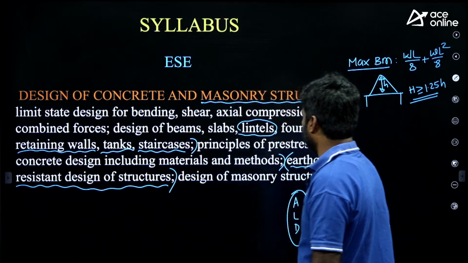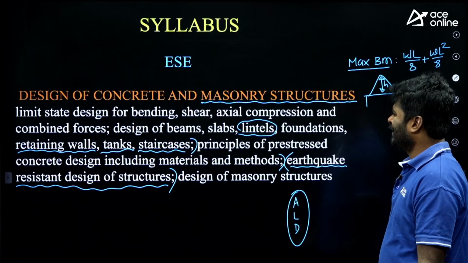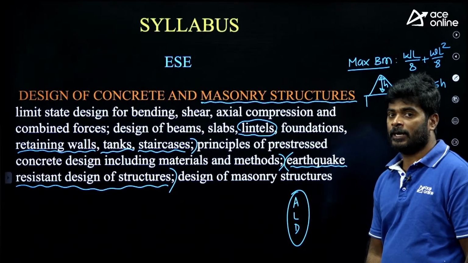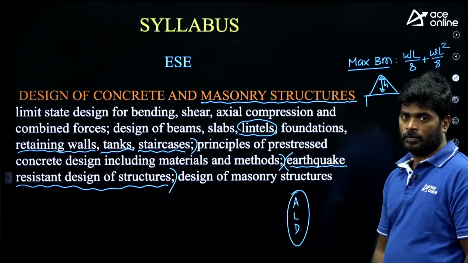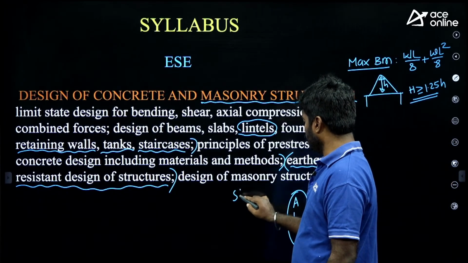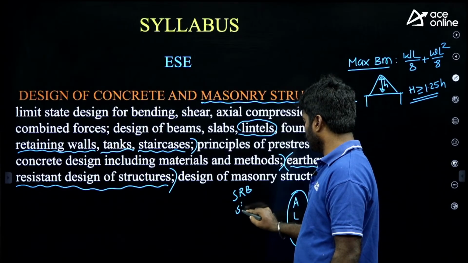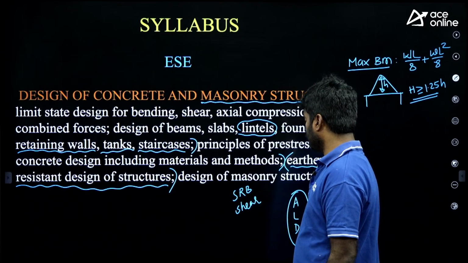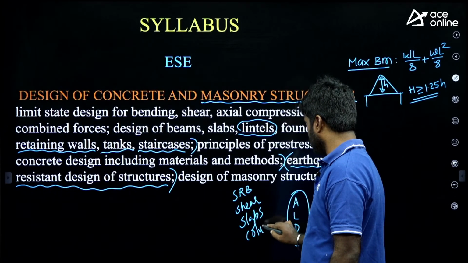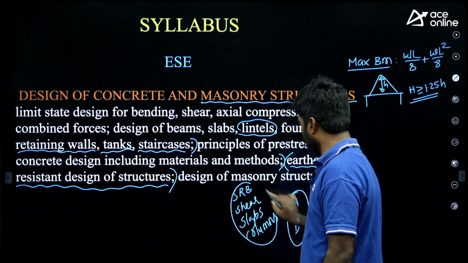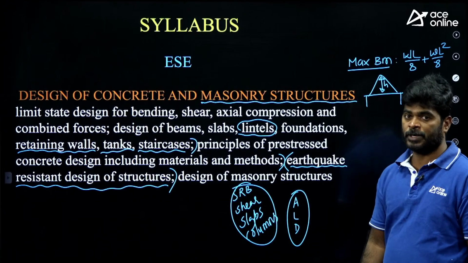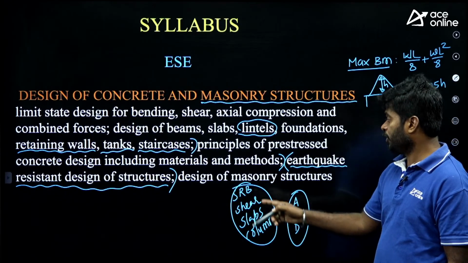Okay, coming to the next one, my dear, it is common that every time they will ask questions from basic chapters like singly reinforced beams. 1 to 2 questions compulsory from that chapter. After that, questions will be there from the shear chapter. After that, questions will be there from the slabs chapter. After that, questions will be there from the columns chapter. Here you need to focus more. Okay, it doesn't mean that you need to leave the other topics. You need to cover other topics also, but you can ignore this one.